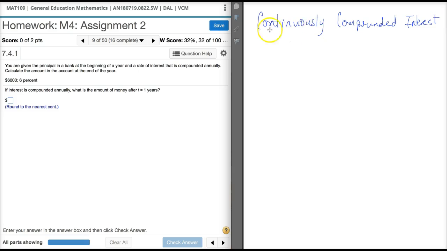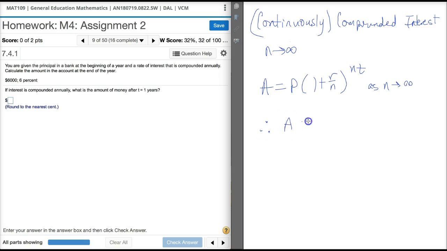And continuously compounded interest is basically interest when n approaches infinity. If we use this formula and say as n approaches infinity, it turns out the formula ends up being A is equal to P times e raised to the rt,